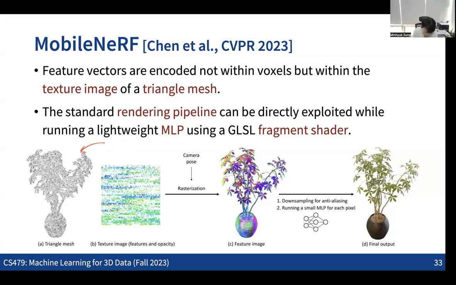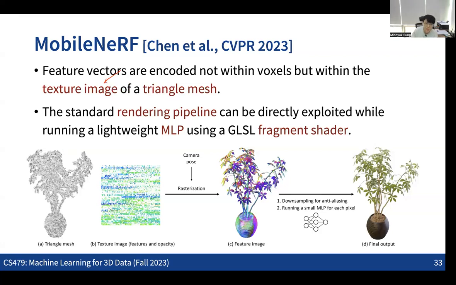But obviously this may not be that accurate a reconstruction, because we are just leveraging some depth prediction or other ideas. So given this rough reconstruction of the 3D, how can we encode features for each of the vertices or the faces in a way that we can render these things and then use the NeRF pipeline? That is the idea in this paper. So instead of encoding all this information into the points or the faces, we can encode it into the texture image over the triangle mesh.